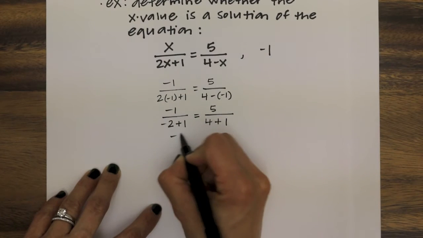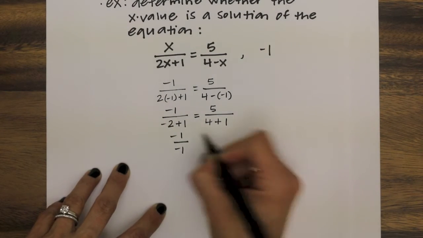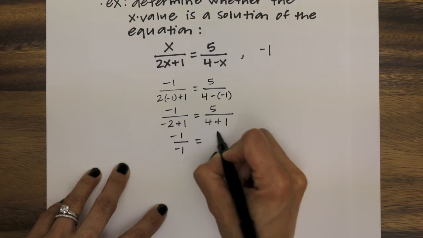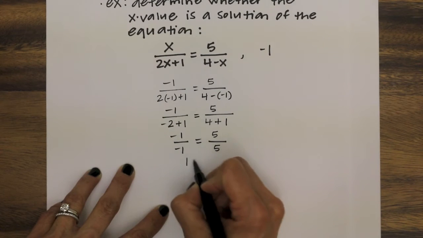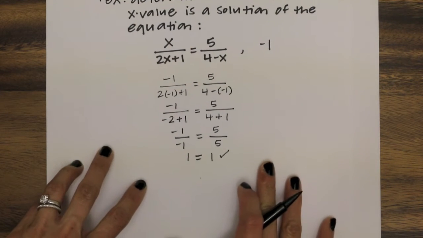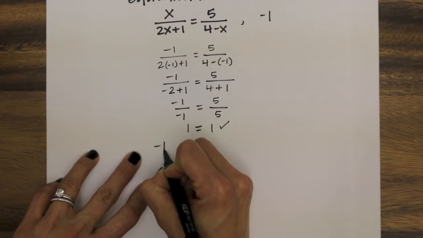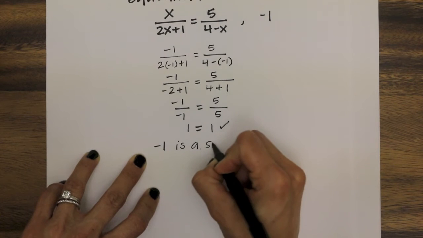And as we keep simplifying, we get -1 over -1. And on the right side, we get 5 over 5. And you can see that 1 is equal to 1. You get a true statement, so therefore, -1 is a solution